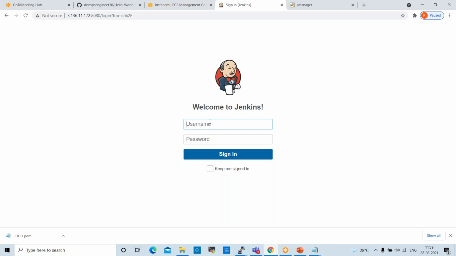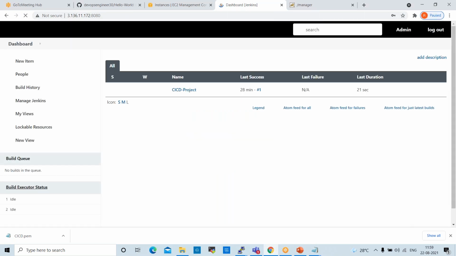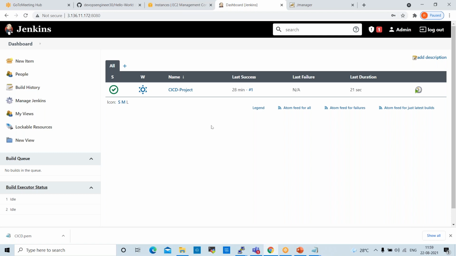Yeah, so username and password we have to give here. Admin. Fine. Now the plugin is installed here. Now we can configure. So once we install the plugin, we have to go to